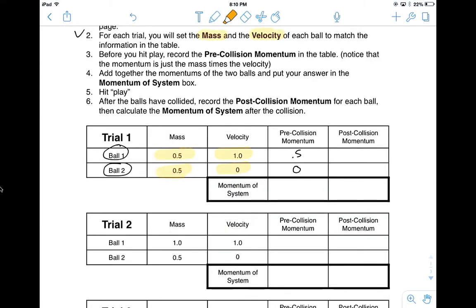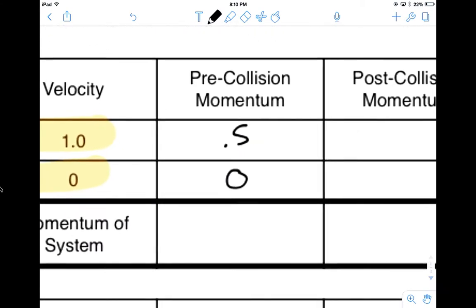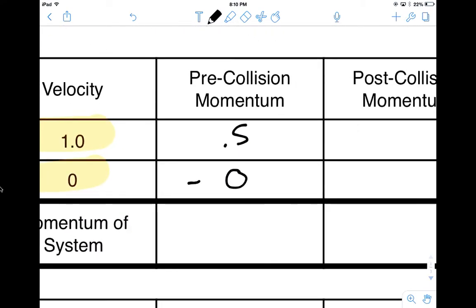Now, the next thing that it tells me to do. So I've got pre-collision momentum, so number 3 is done. Number 4 says add together the momentums of the two balls and put your answer in the momentum of systems box. So all I'm doing is taking 0.5 plus 0,